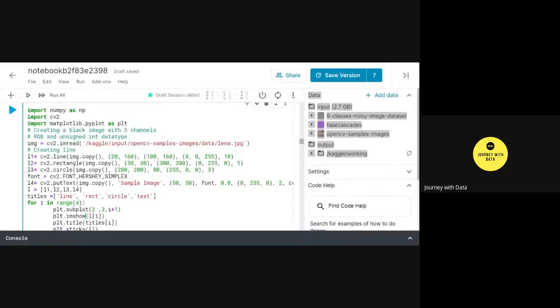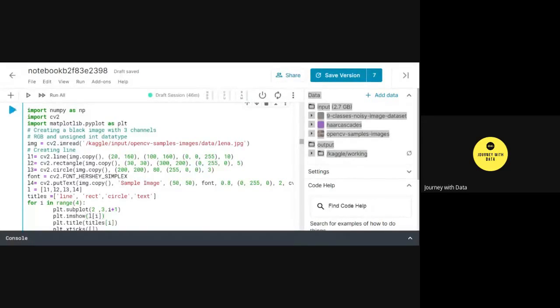So that's the reason whenever this plt.imshow method is being called, it will take values like the 0th index of L, which is L and then bracket 0, and then the value of I will be 1, L1, L2, L3, L4. The indexes always start from 0 till the n-1 of the list. In this case, L1, L2, L3, L4, the indexes will be 0, 1, 2, and 3. So the 0th element will be L1, the first element will be L2, and so on. That's the reason I've used this accessor method.